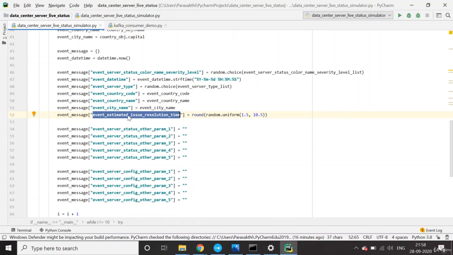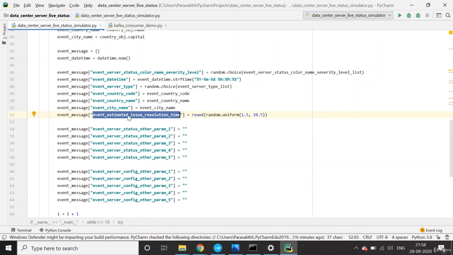So basically, whenever this message comes, if it is an issue, how much time is it going to take to resolve that issue? Those kinds of numbers, it's going to be an integer number.